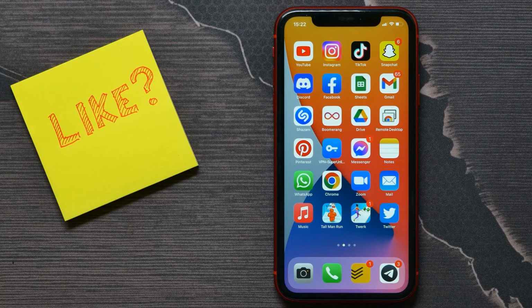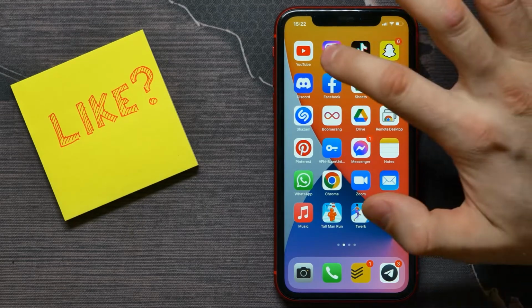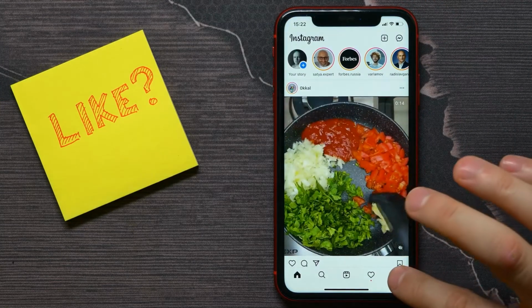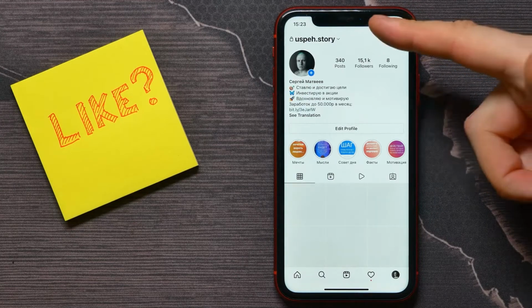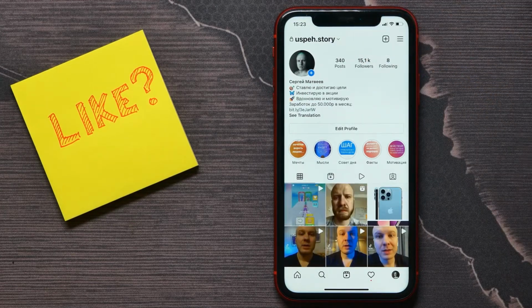In this video, I'm going to show you how to remove multi-account login on Instagram. That is quite simple and easy, so let's begin. First, open up your Instagram, then get in your profile, and here if you have logged in multi-accounts, right here